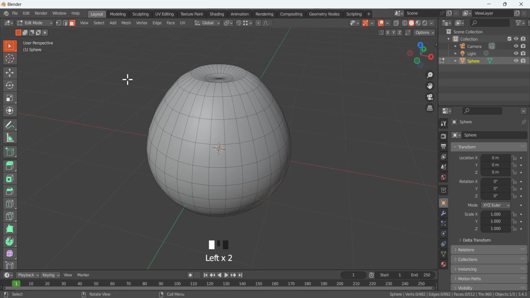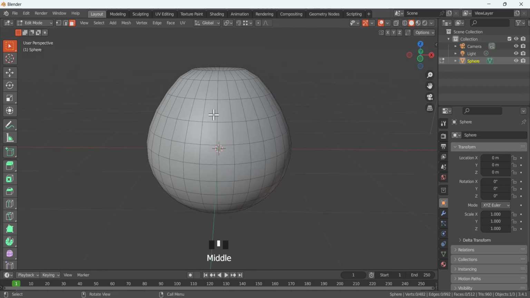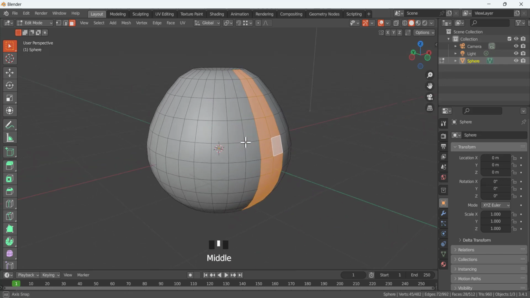You can also press 3 on your keyboard to go to the face selection mode, and here we are going to select this complete loop of these faces, the two faces, and then leave the next two and select the next two. So Alt and move your mouse here on a horizontal line, and it will select the loop like that. And again press Shift Alt to select these two, then leave these two and select these two,